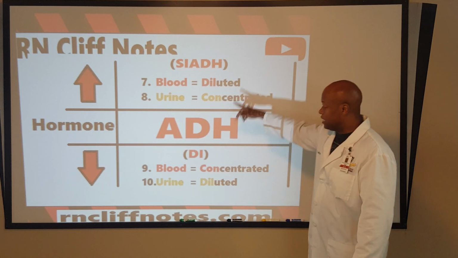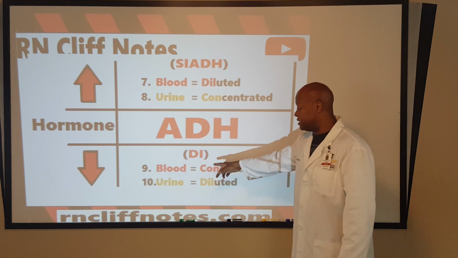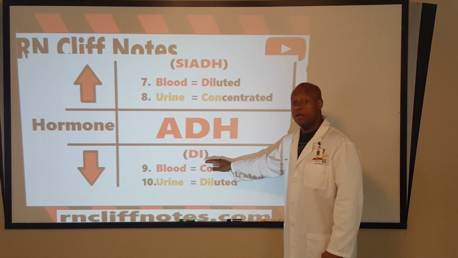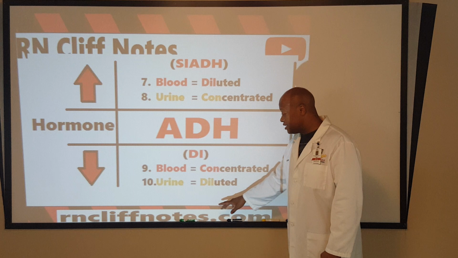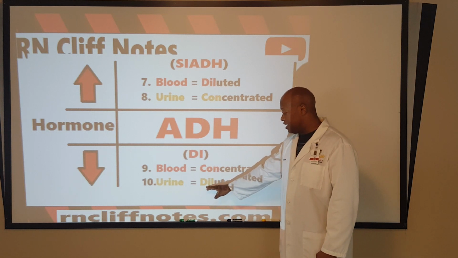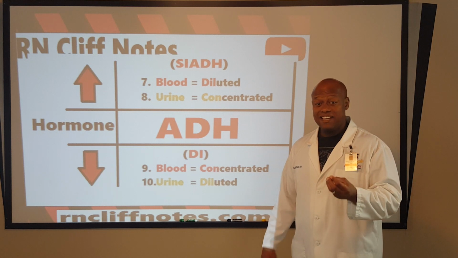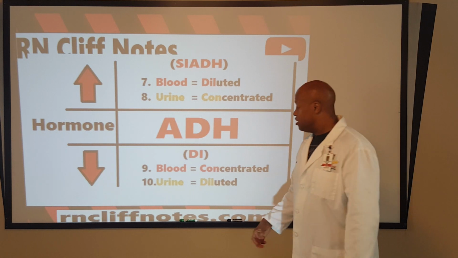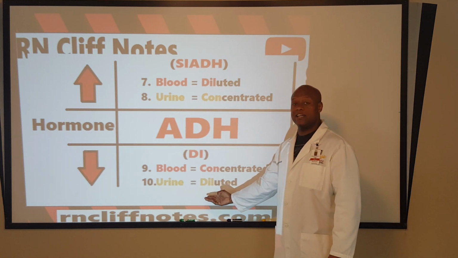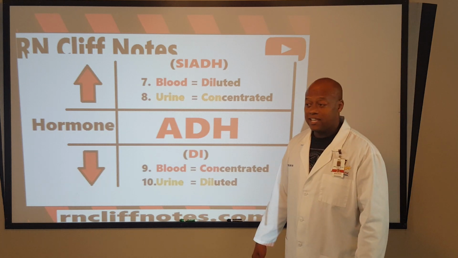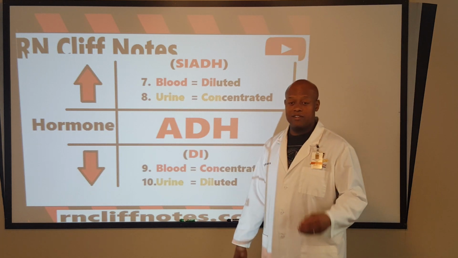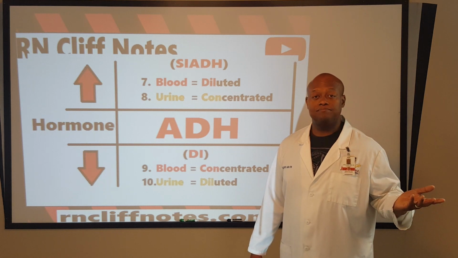Now, on the other side, the opposite is true, diabetes insipidus, which we said, what, polyuria here? So these folks, their blood's going to be really concentrated and thick because it's missing the water. The water is actually flushing out of their urine so fast that the urine's practically going to look like water, right?